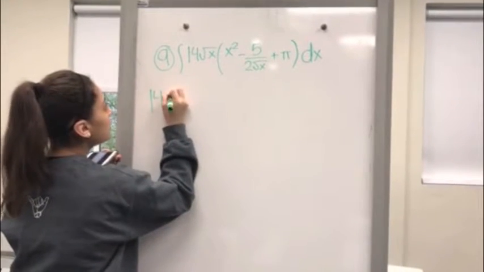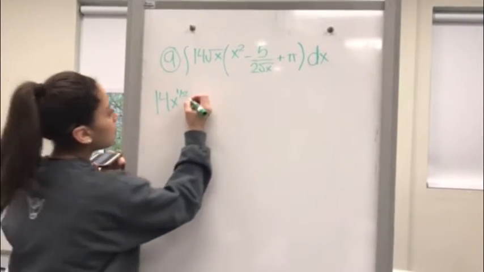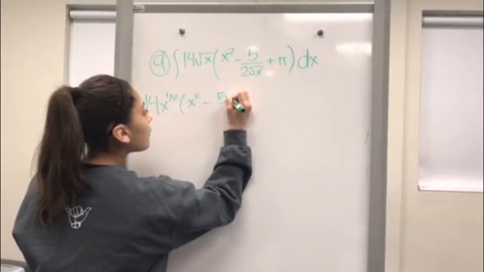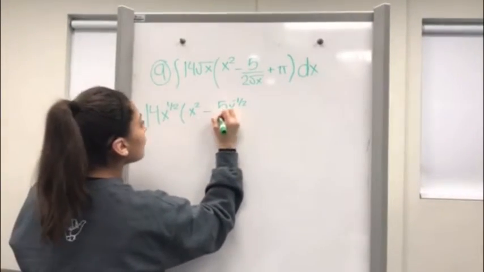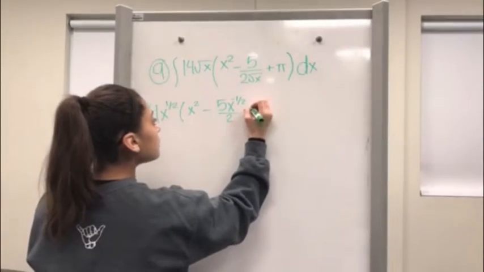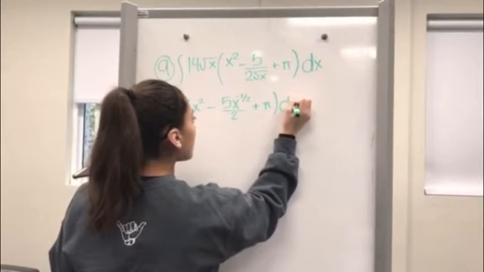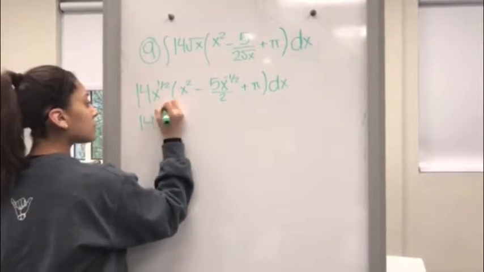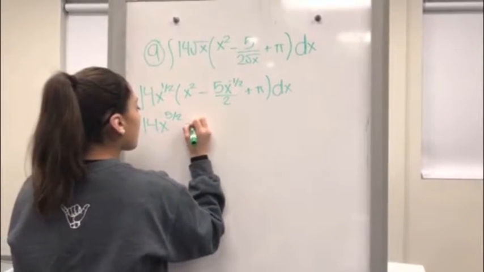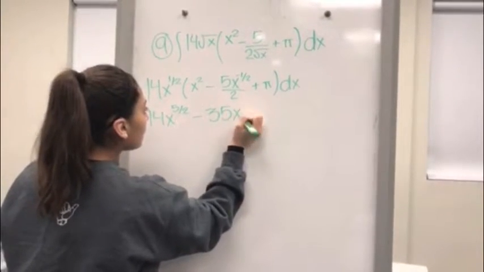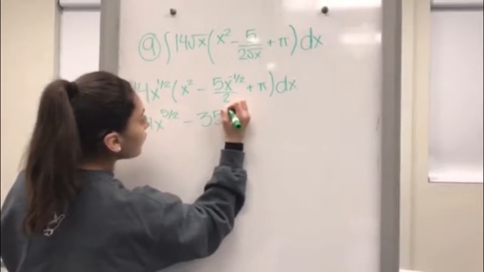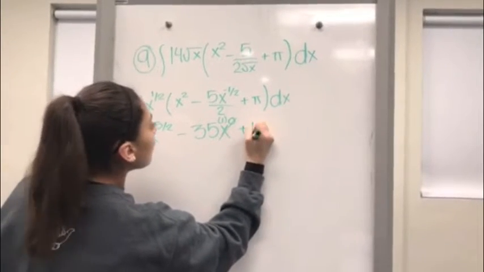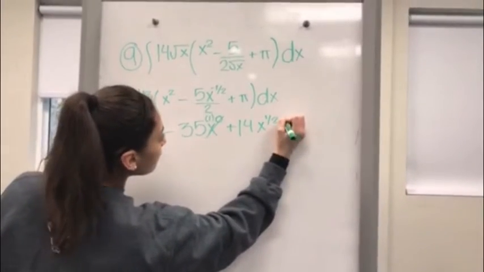You can do 14x to the 1/2, which is the same as having it as a square root, times x squared minus 5x to the negative 1/2. Because you make it go up, you can have it down, plus pi times dx. Then you are going to multiply everything. 14x to the 5th halves minus 5, and your x is going to be 0, so this becomes a 1. 35 times 1 stays as 35, and plus 14x to the 1/2 times pi